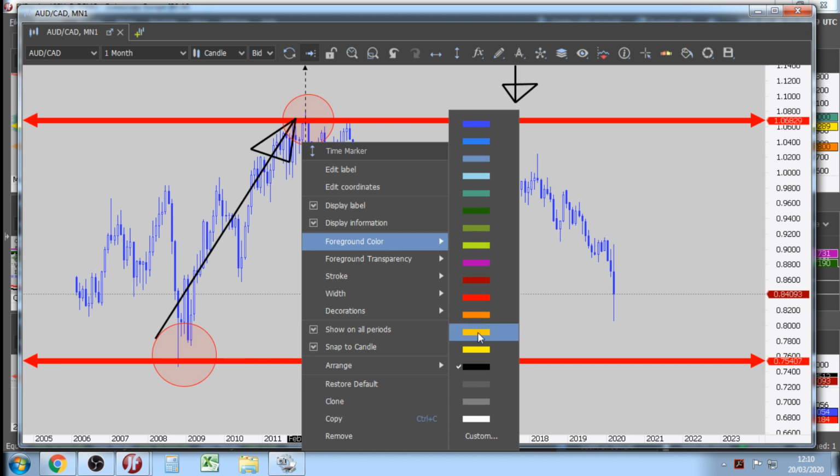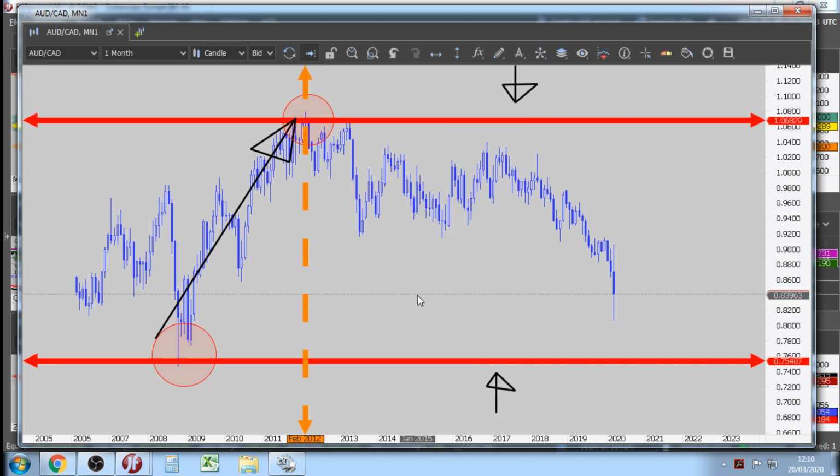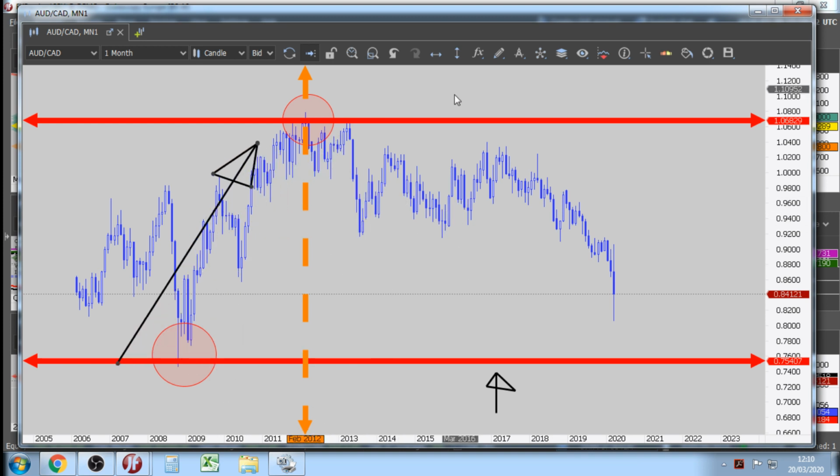AUD-CAD, the pair hit the upper band in early 2012. But as you can see, the long-term bias, what is happening here? The market is falling, but it's falling long term. What does this mean? The market is not going to fall in a straight line,